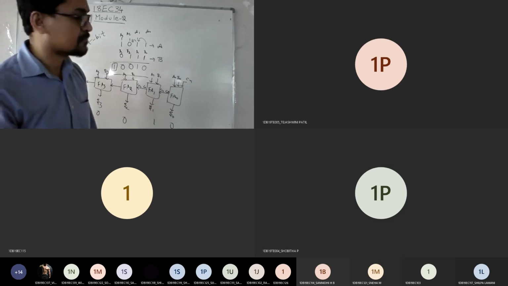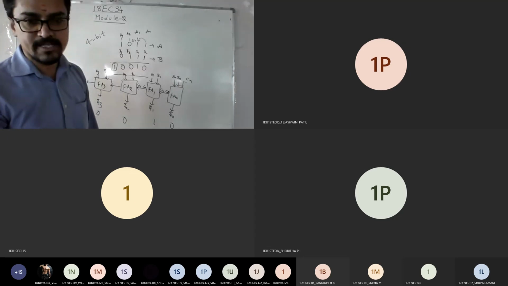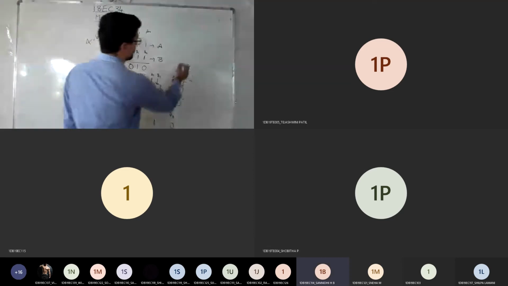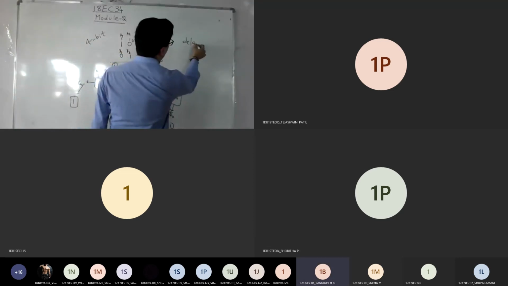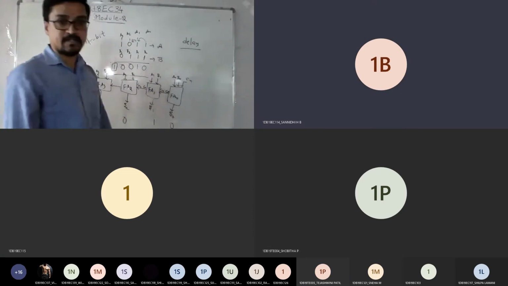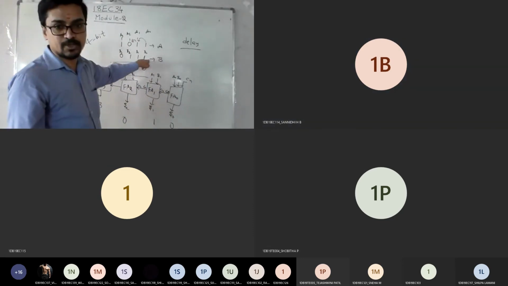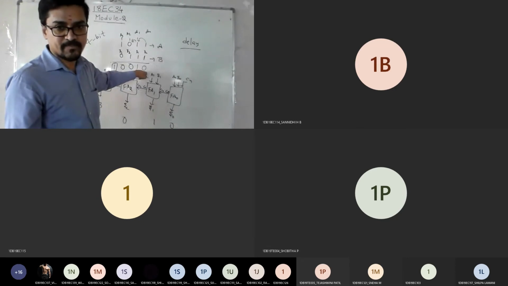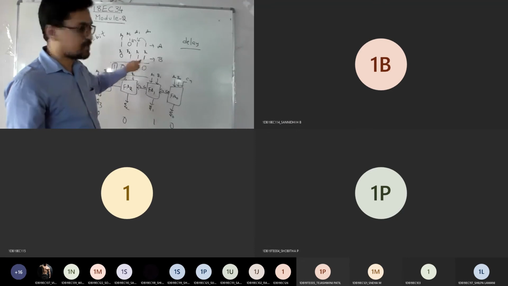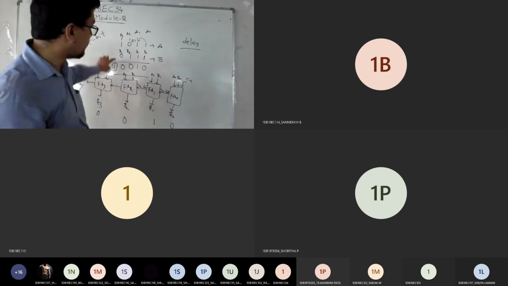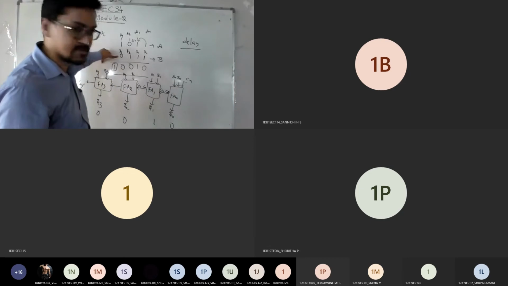Can it be called a major factor of delay here? Yes, sir, delay. It has to wait for that. Correct? See, if I add these two bits in parallel, the sum we will get directly. But it has to wait to get the carry from this, and the remaining bits have to be waiting only. So straight away I can't tell what is the answer of my C out here.